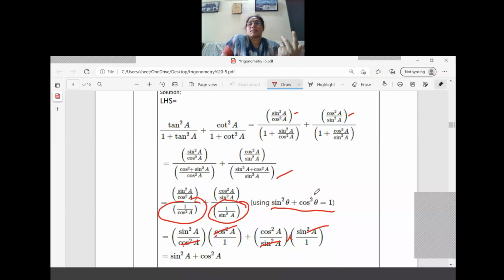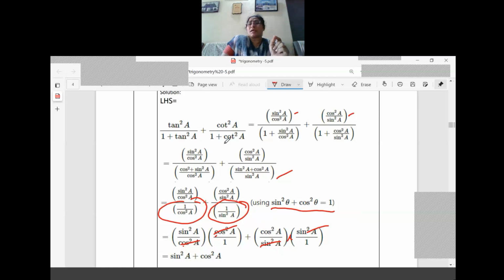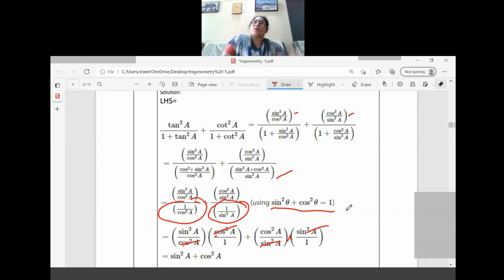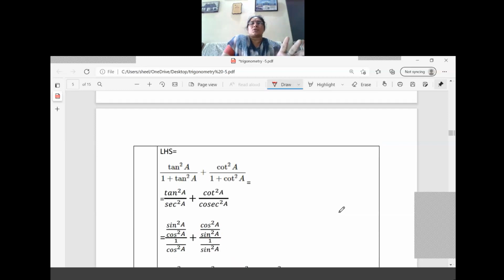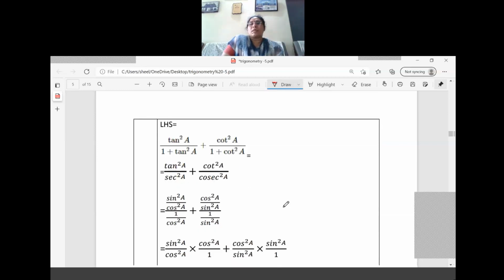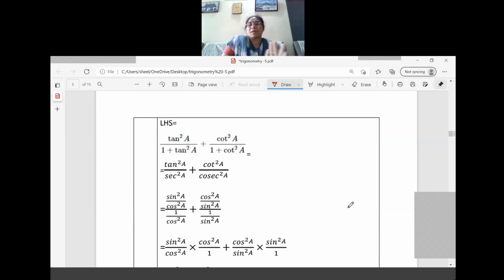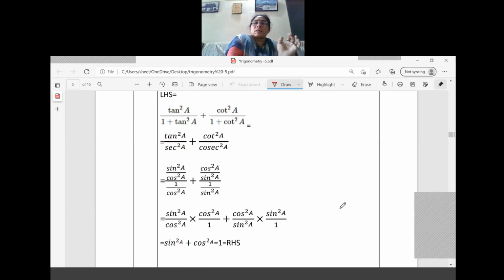Last class I told you that 1 plus tan square A and 1 plus cot square A, which you are able to see in the denominator also, you can do in the second and third identity. Let us try in another way. I have done one question only in this way. For LHS, once we take it down, I have not made any changes in the numerator first. Then the denominators 1 plus tan square A and 1 plus cot square A we change to sec square A and cosec square A by using the second identity. What is the next step?